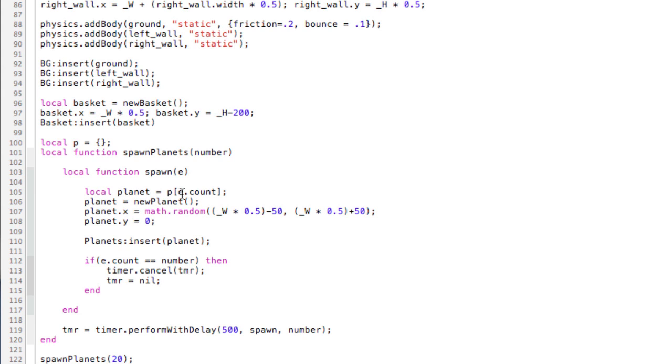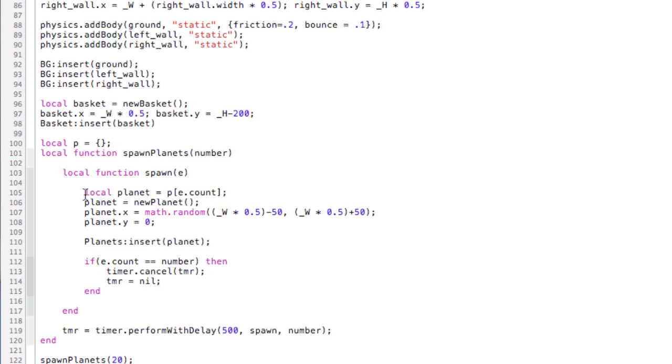Actually, that's a point of view thing. It moves them back, so that if it had an index of 7 and you destroyed index 6, then index 7 becomes index 6. Yes, it's very confusing, but will cause lots of errors. So just be mindful that this particular method is not foolproof if you want the option to destroy the objects while they're spawning. Anyhow, so then this planet reference will create a new planet, and the planet's X will be